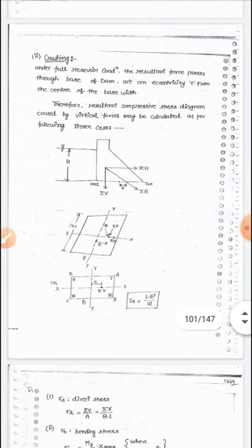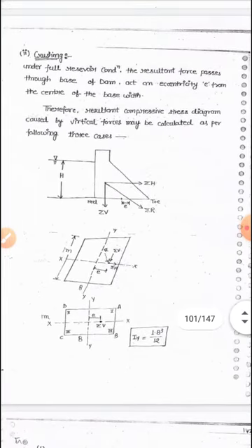So under the full reservoir condition, the resultant force passes through the base of the dam, and it will act at an eccentricity e from the center of the base width. Therefore, the resultant compressive stress diagram caused by the vertical force may be calculated as follows. As you can see in the figure, there are two types of forces acting on the gravity dam: horizontal forces and vertical forces. The algebraic sum of the horizontal forces is sigma H, and the algebraic sum of the vertical forces is sigma V,